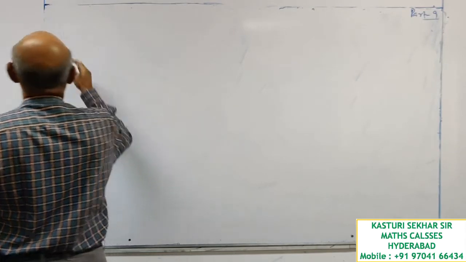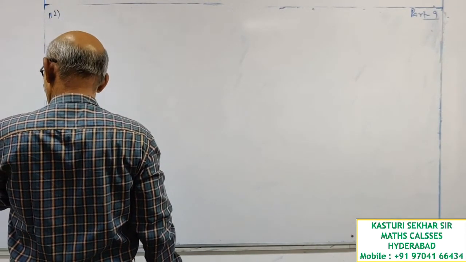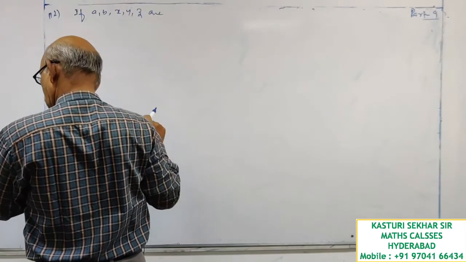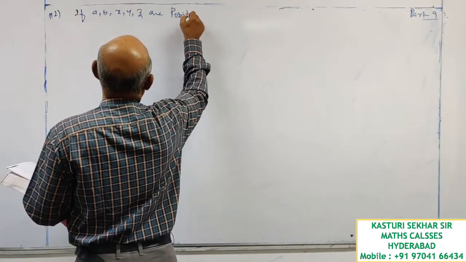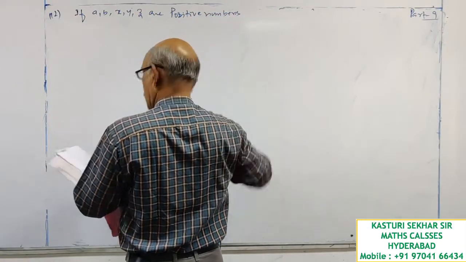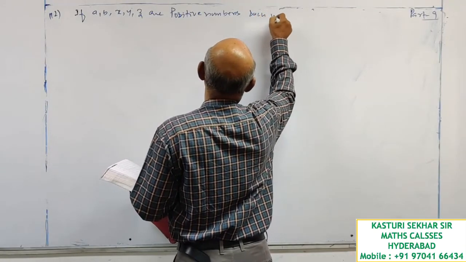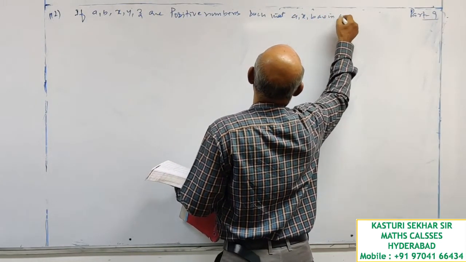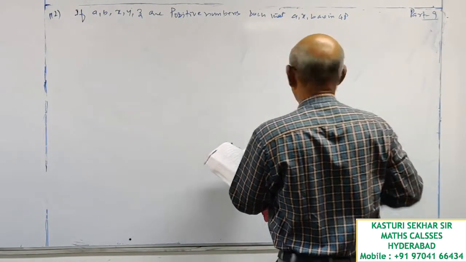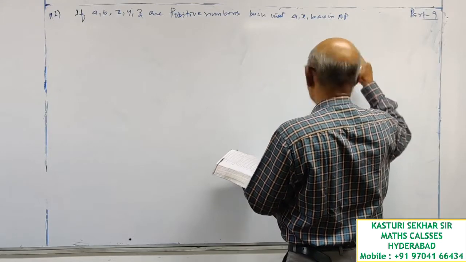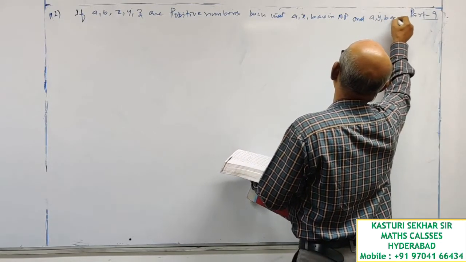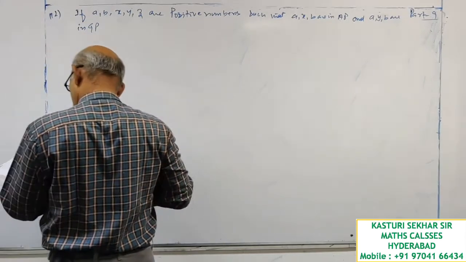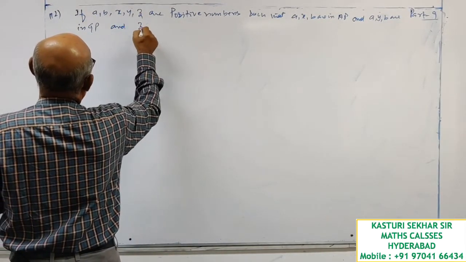Look at the question number 112. If a, b, x, y, z are positive numbers, such that a, x, b are in arithmetic progression, and a, y, b are in geometric progression, and z is equal to